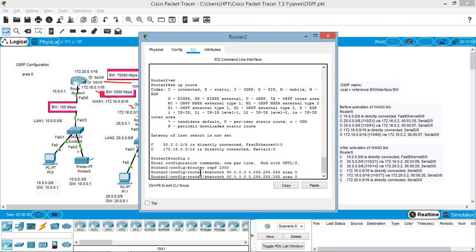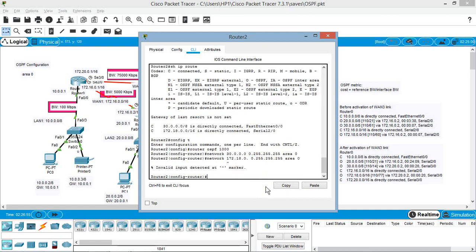Another network on this router is 172.18.0.0 and the wildcard mask is 0.0.255.255.